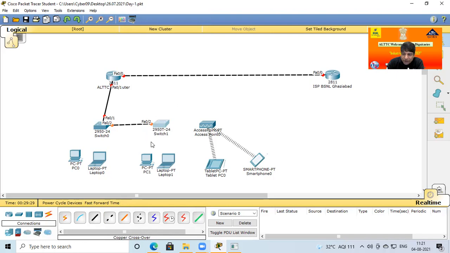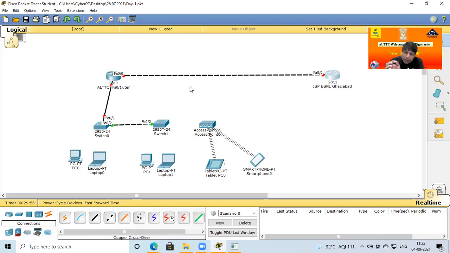But from an engineering point of view, we use the same types of port on both sides to make it easy to remember, because LTTC Ghaziabad and GMTD Ghaziabad are at a distance of 5 kilometers between the two locations. So on the other side, how do you know which port you connected your cable to? First 0/0, so we try the other side 0/0.